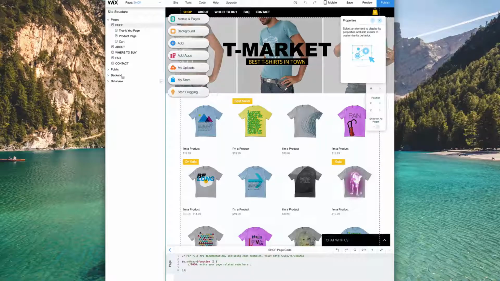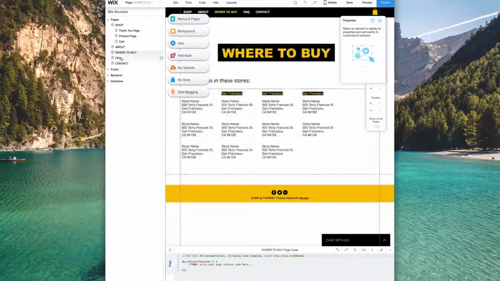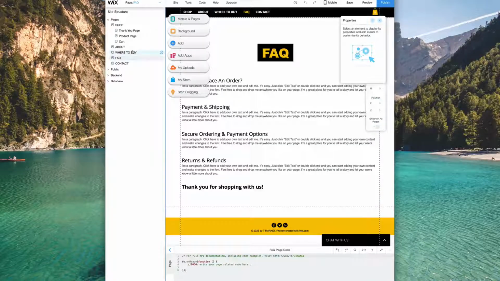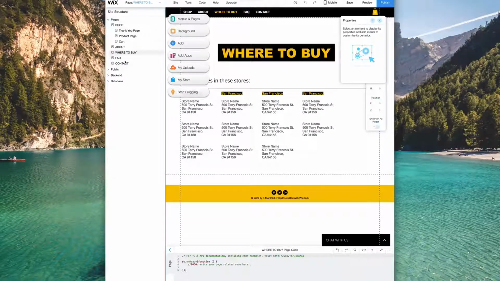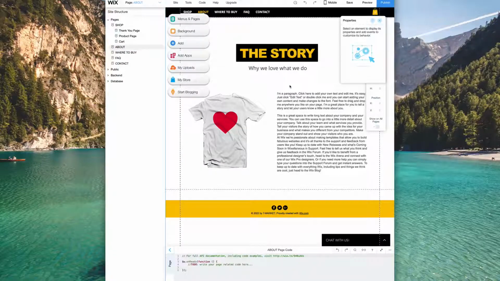Now, one of the things you can do is edit the rest of these pages, and I highly recommend that. You should come over here, edit your contact page, your where to buy page, if you have physical locations, obviously. Your FAQ page, now this is going to be one of the most important parts. Customers always have these questions that are pretty much set here for you, so just answer those the way they're done through your store. You have the about page, and what I would recommend doing here is creating a crafted